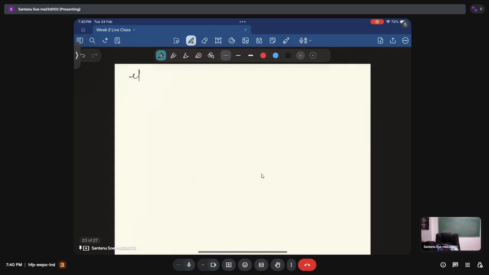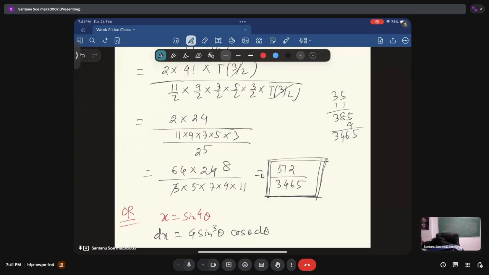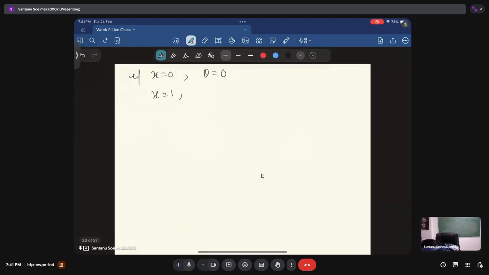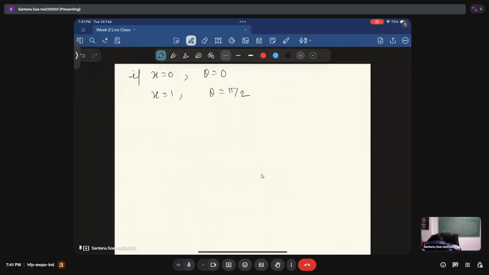So if x equals 0, then theta is also 0, and if x equals 1, then sine to the power 4 theta will be 1. So that means theta will be pi by 2. So our integration from 0 to 1 of x to the power 3 by 2, 1 minus square root of x to the power 1 by 2 dx, and this is going to be